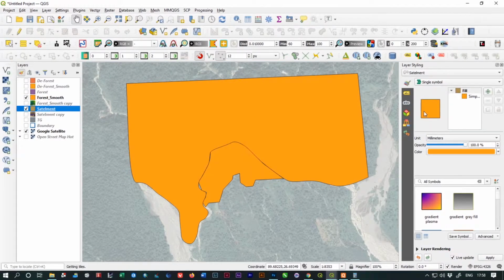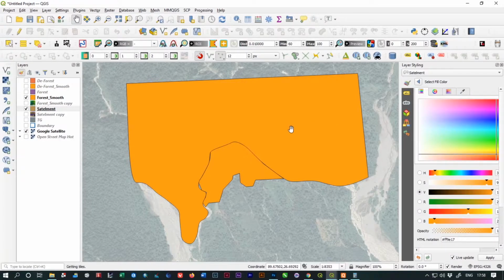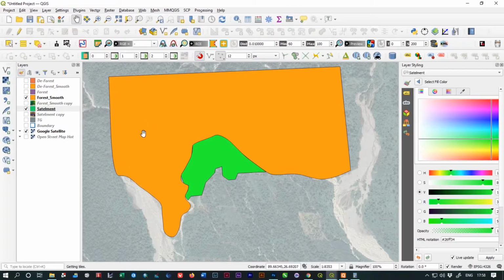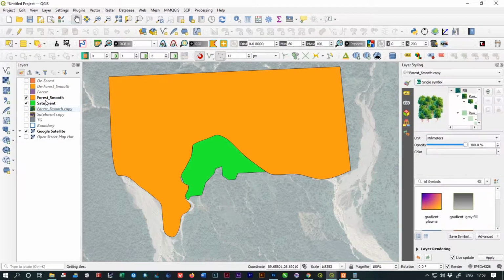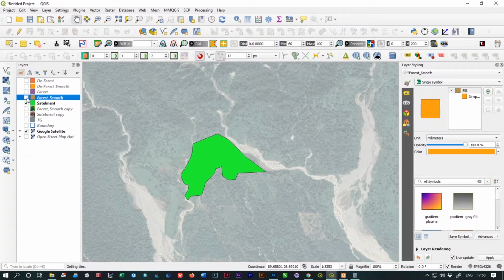And I'm going to change the color so that you can identify them easily. As of now, I'm going to use this color for the forest area, and this color belongs to human settlement. So we are going to change both layers' attributes, or you can say styling. Change both layer styles from this to that.